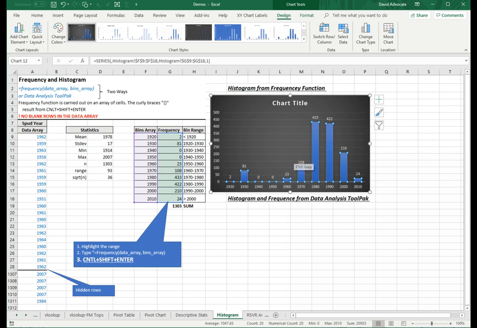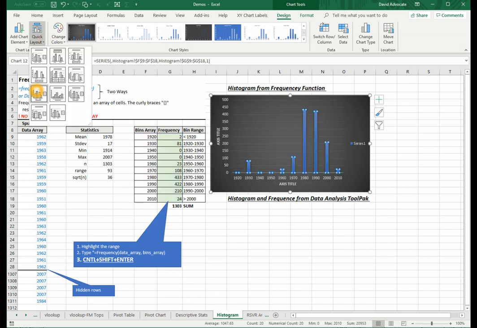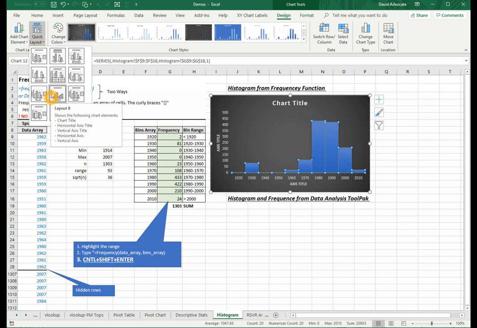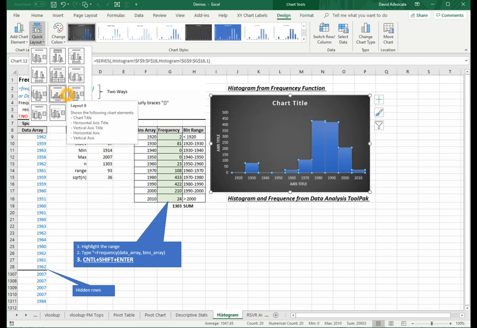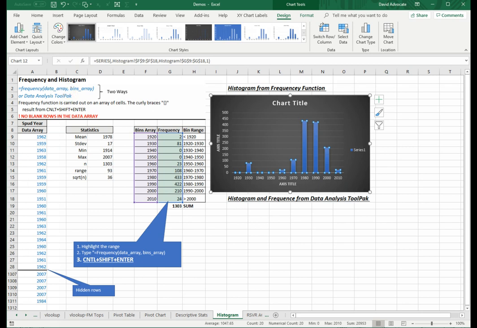If you want to change the title and the axes, you can go to quick layouts and you can find a layout that you like. You can just scan over them until you find one that you like, and this one has the axis titles, and here you can change these. You can put, for example, if you want to put here